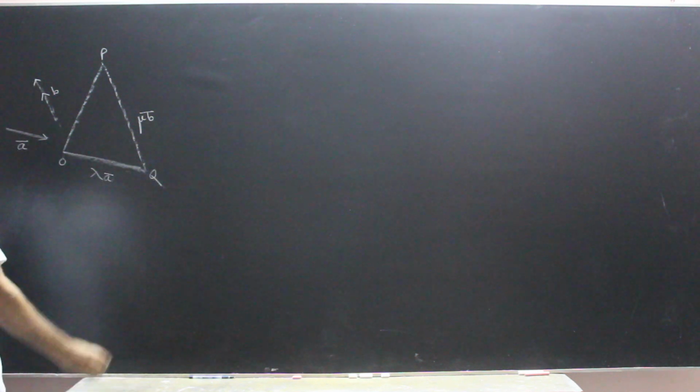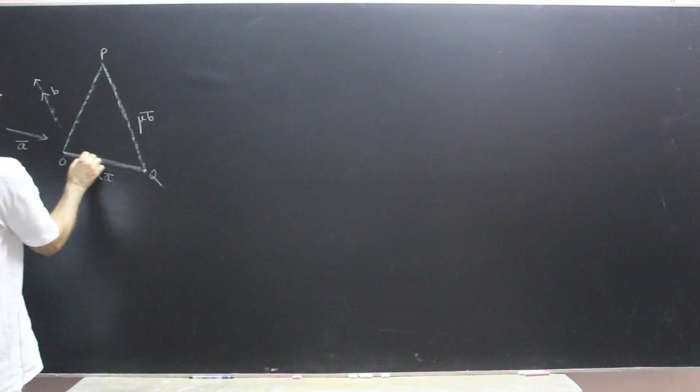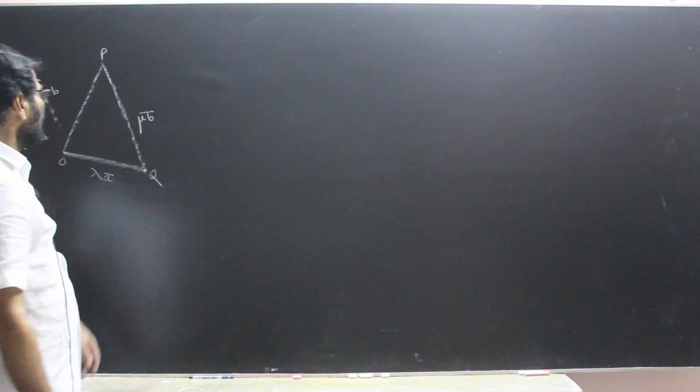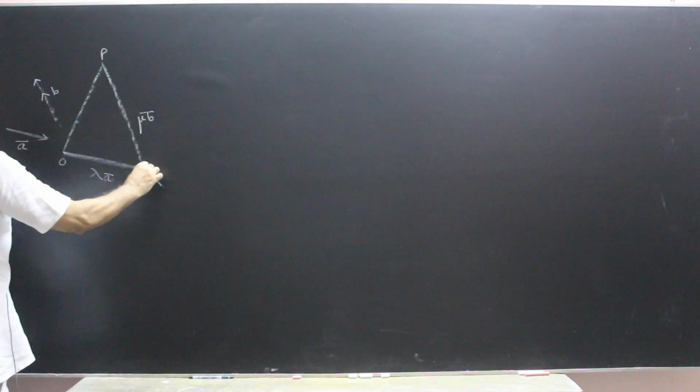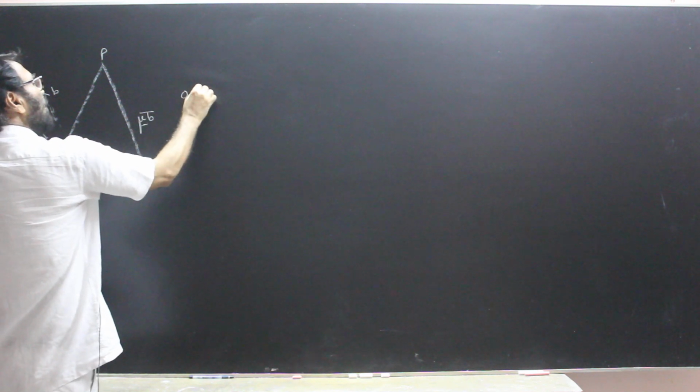and again we draw a straight line from P which is parallel to B, and the point of intersection of these two lines is of course Q. Now OQ is vector A multiplied by some scalar quantity lambda, and QP is vector B multiplied by some scalar quantity mu. So from vector law we can write OQ